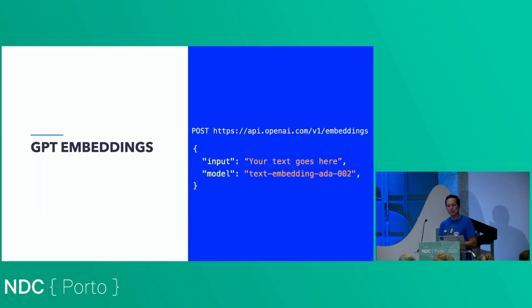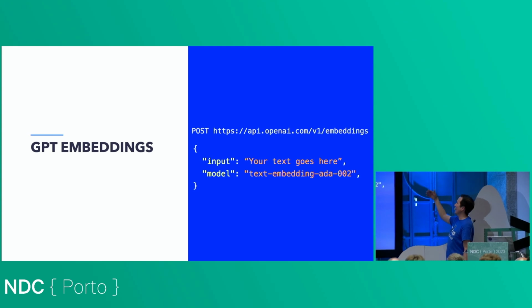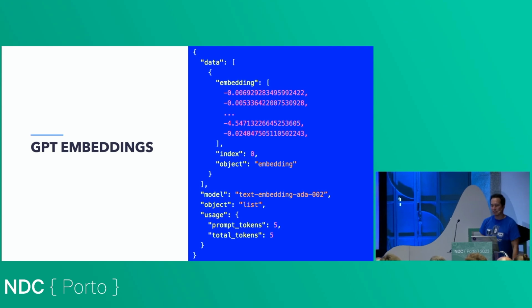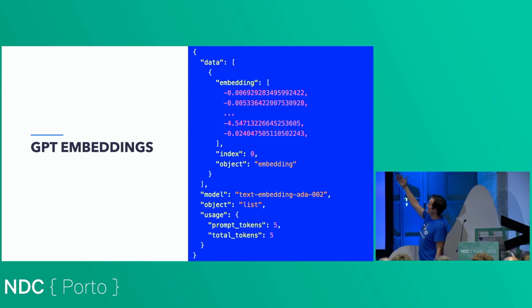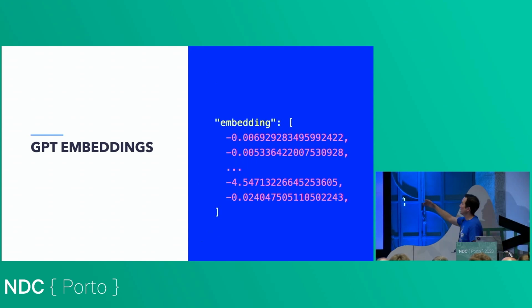So you can create an embedding from text by posting to this API, embeddings, and it just takes two things, input and a model. You notice here the model is not GPT-4. We're using text embedding ADA 002. That is the model they recommend for embedding. You get good results, good price per performance profile for that. You pass in your text goes here, it's going to return something like this, data, embedding, all this other stuff. The important part here is the embedding part.